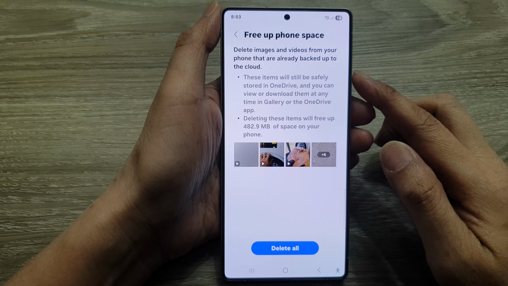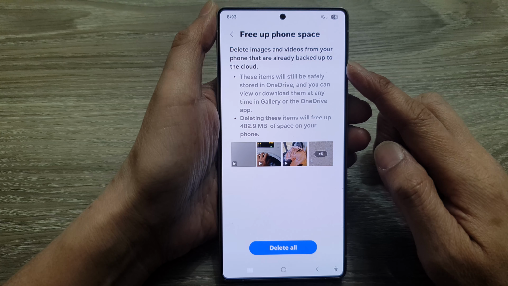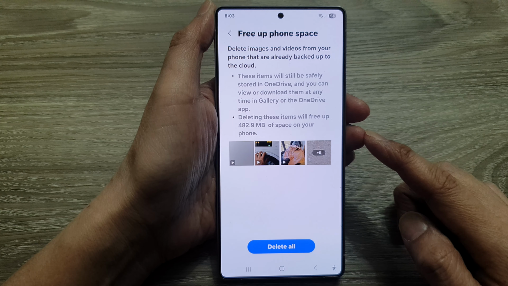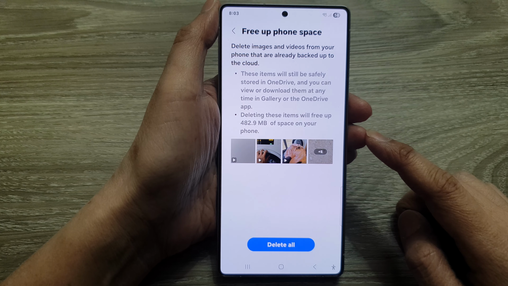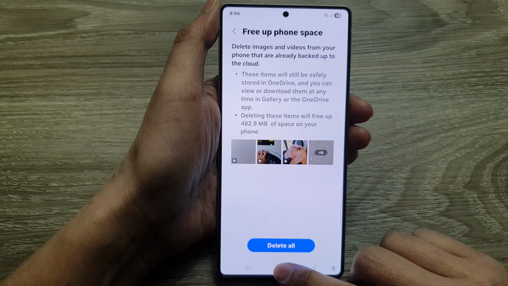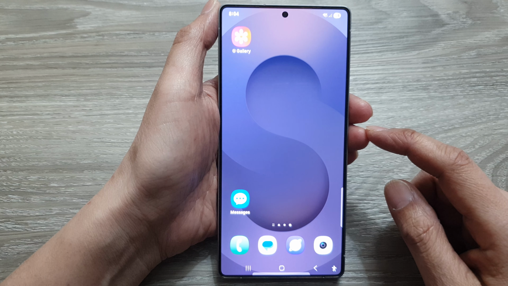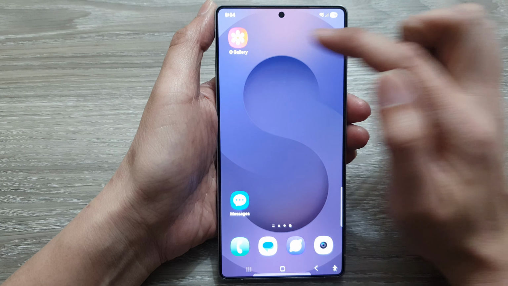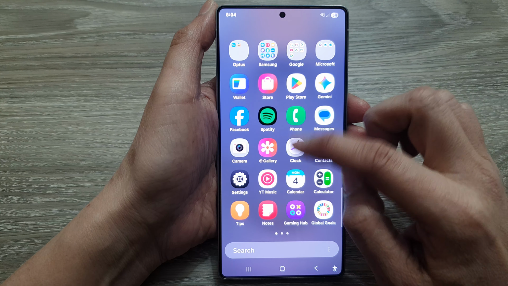How to delete images and videos from your phone that are already backed up to the cloud on the Samsung Galaxy S25, S25 Plus, Edge or Ultra. First, tap on the home button to return back to the home screen. Now from the home screen, we open up Gallery from the home screen or in the app list here, open